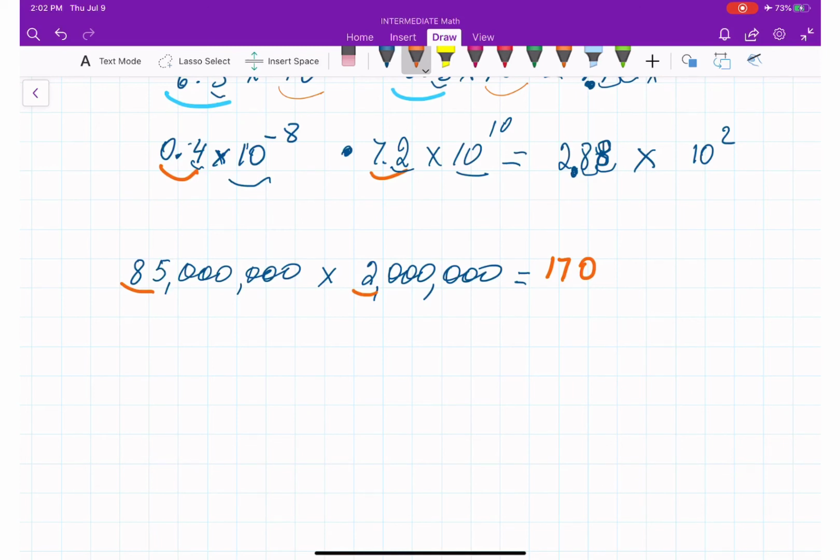And times, so I'm going to count the total amount of zeros here. It's going to be 6 on this side, 6 on this side. It's going to be 10 to the power 12, right? But here is something interesting. 170 is not a scientific notation. So this type of notation cannot be called scientific notation. So I'm going to write down